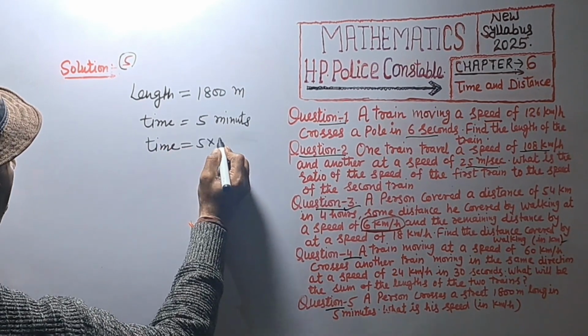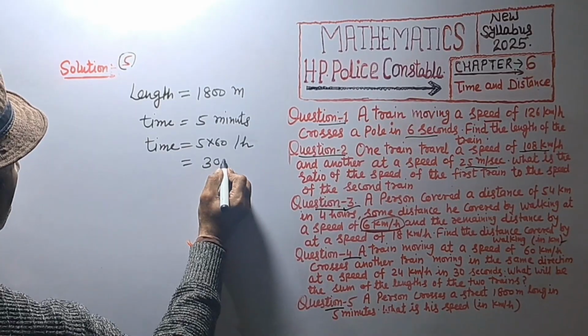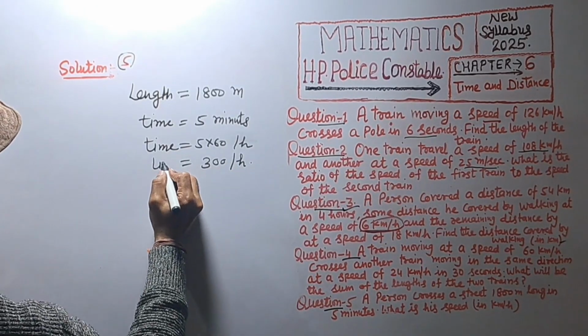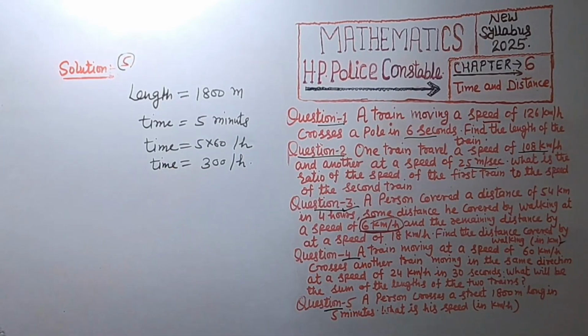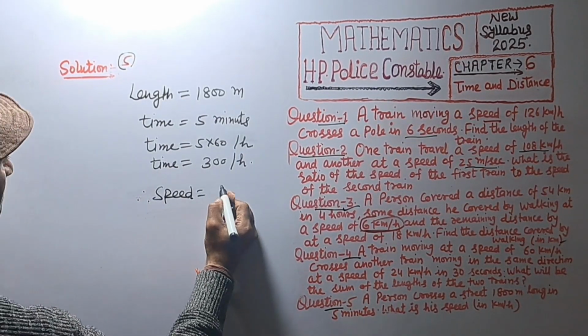Time is equal to 5 divided by 60 hour, 300 per hour. So required speed is equal to